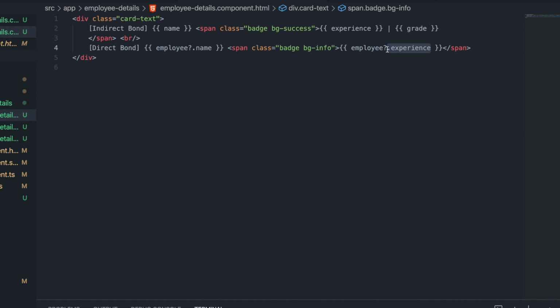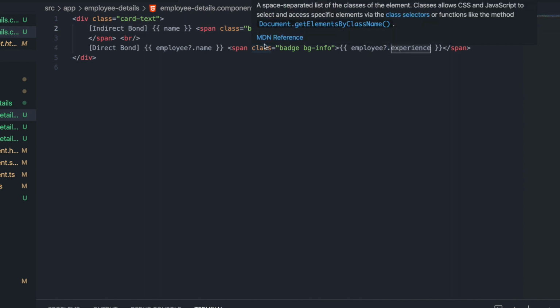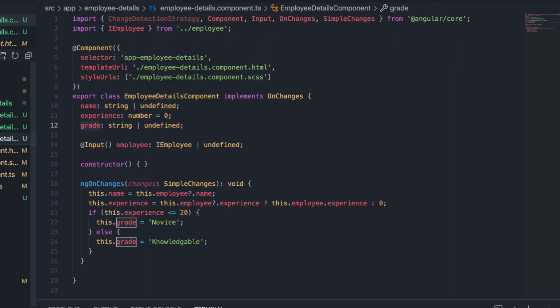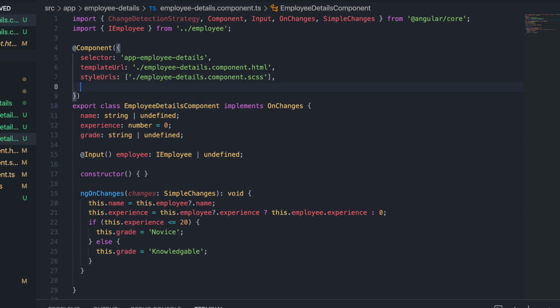If you have not used this property, if you have used something of an indirect nature, then in that case Angular won't be able to find it. This is how change detection works. But there is an even more important thing you should know. Now we are going to talk a little bit about the OnPush strategy.